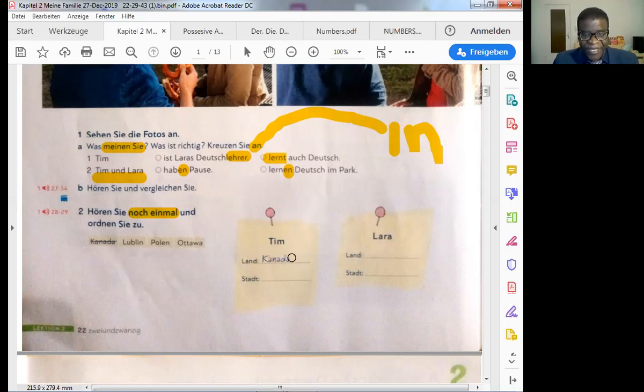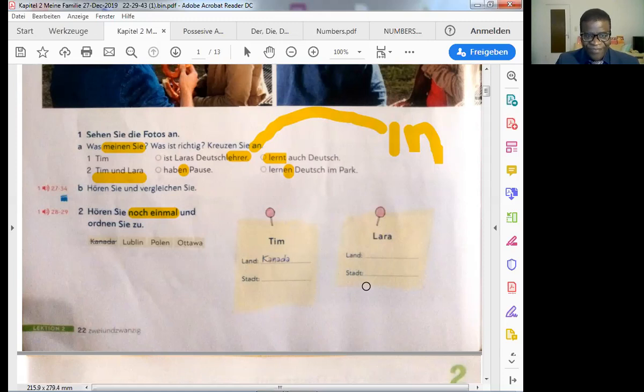I come from Canada. Stadt means city. We don't know the city until you listen. Maybe Lublin, Poland, Ottawa. You can use some simple geography. I was not good at geography, but Lublin is in Poland, and I think Canada's is Ottawa. But you want to listen for the city, don't worry about that. Lara, Land. She talks about the city where she comes from. Which country? You're going to pick from here. Stadt, city, you as well are going to pick from the CD here.